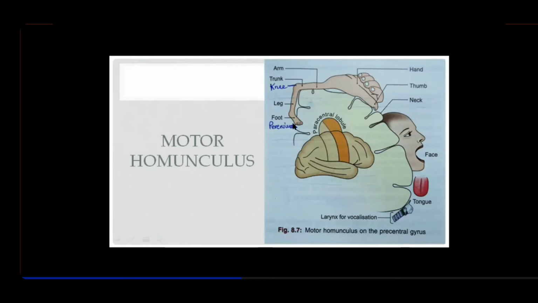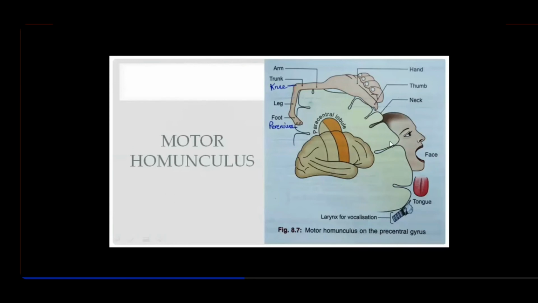And then, this area number 4 reaches the medial surface as part of the paracentral lobule. So onto the medial surface, you find there is a representation of the leg, foot, and perineum. So this is how they have shown. This is the precentral gyrus, and this is how it is reaching onto the paracentral lobule on the medial surface. Now important about it is that the entire body is represented upside down except the face. So the face is represented vertically.